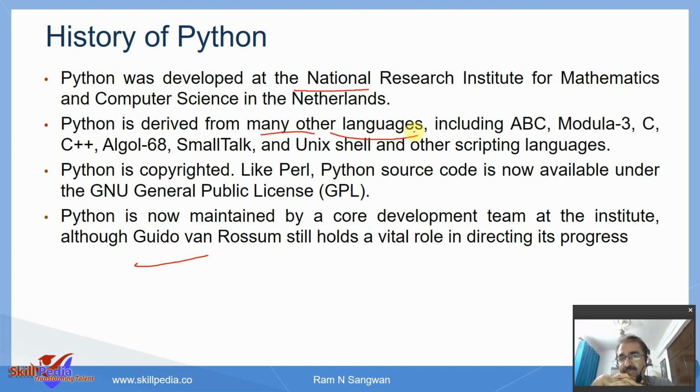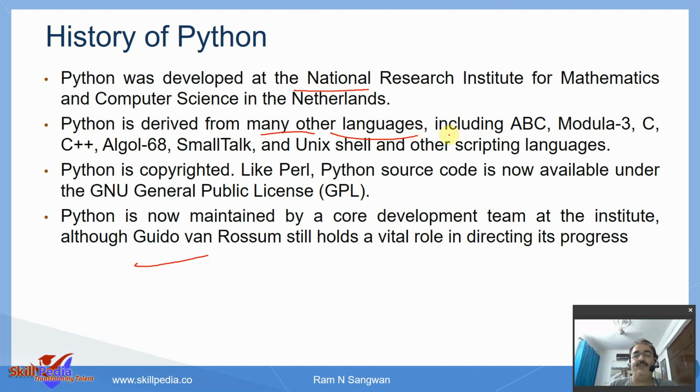Is it derived from some specific language? How was the idea conceived? Actually, it came out of the drawbacks of many languages, the common issues or challenges which other languages had. Python was an outcome of that research.